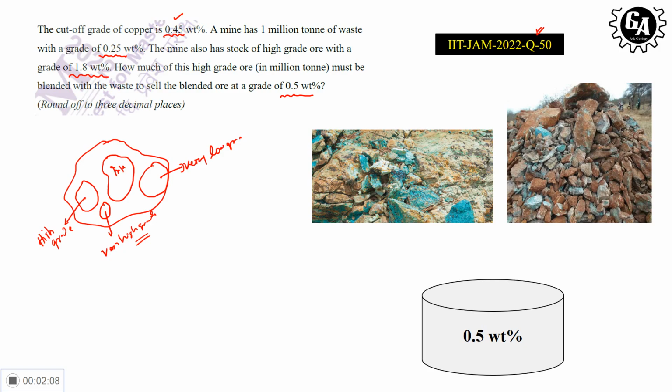After getting all the ores or minerals, the rock you get, you have to blend it with the waste. You have to make it to a particular grade below which it is not economic. Below that you cannot sell it. So that is the lower limit. From the economic point of view, that is the lower limit at which you will be able to extract those ore minerals at a profitable cost, and that is called the cutoff grade.